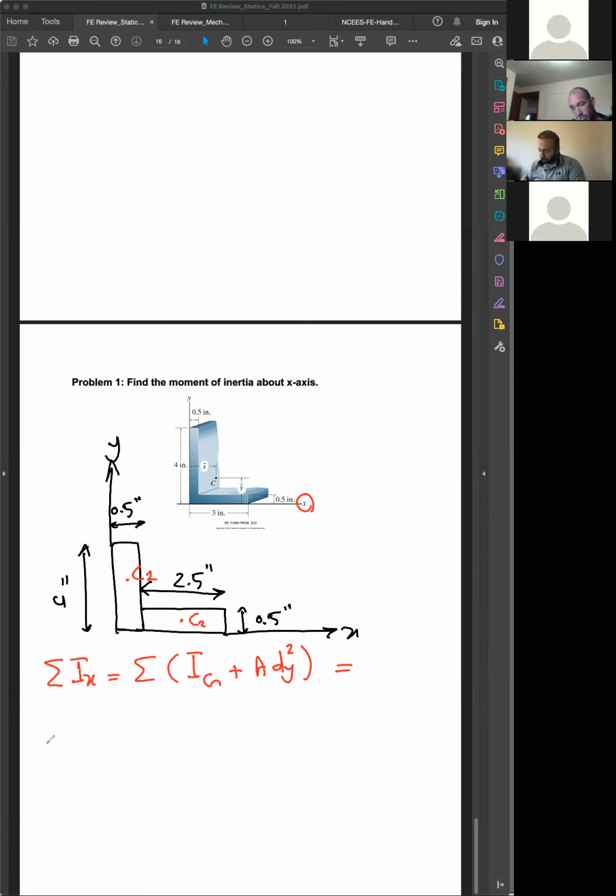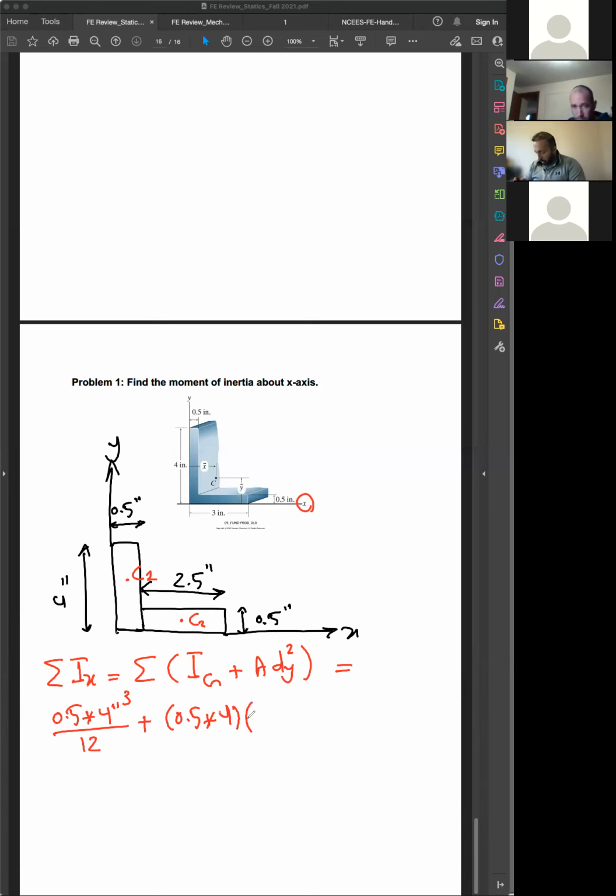Meaning, for this figure, the local moment of inertia about the x-axis, which is a horizontal axis, would be half times the height, which is 4 inch to the power of 3, over 12, bh cubed over 12, right? Plus the area, half